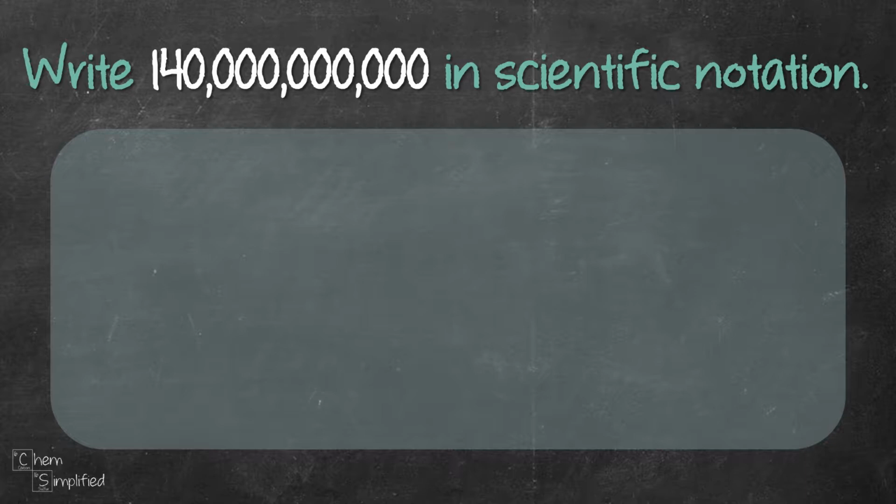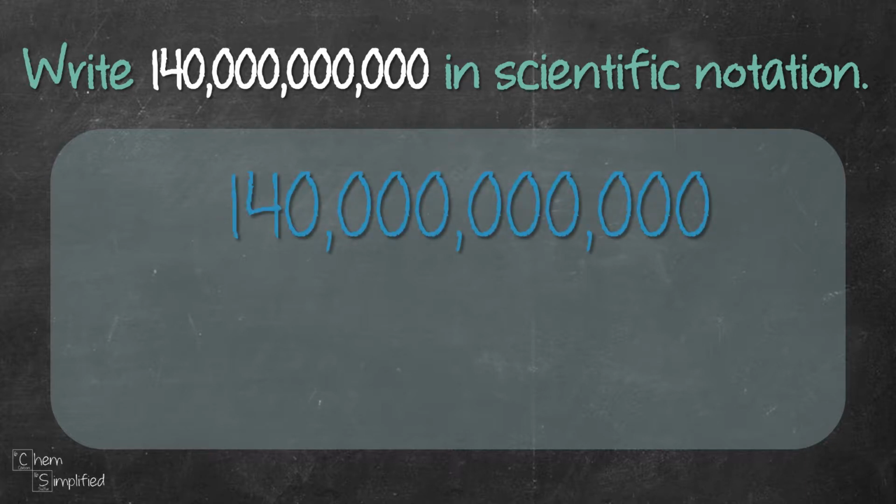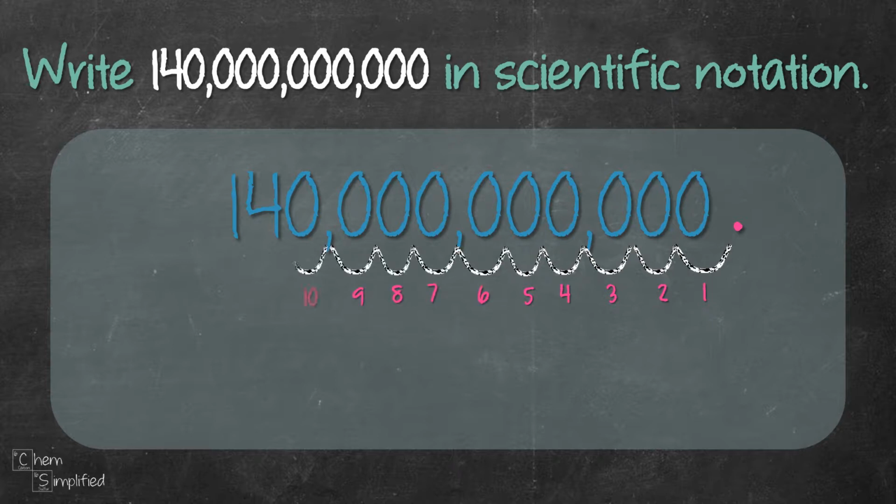Let's convert this huge number into scientific notation. We need to place in the decimal point, which is located all the way at the end of the number. And then we need to move the decimal all the way to the left until there's only one digit right before it. So right now we have 12 digits in front of the decimal, so we need to keep moving it all the way until 1. So in total, we move 11 steps. So we write